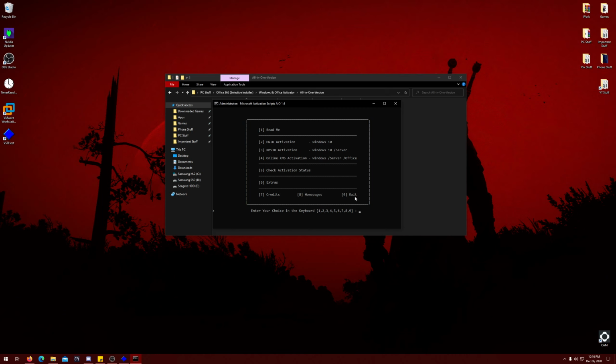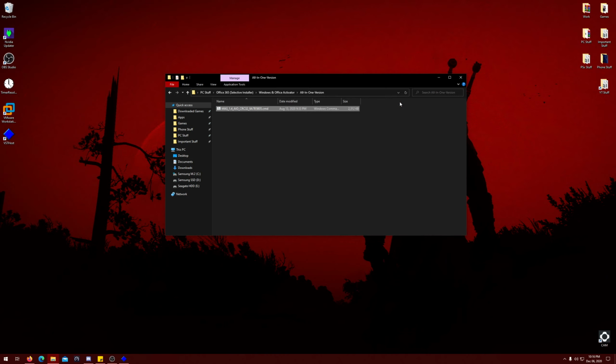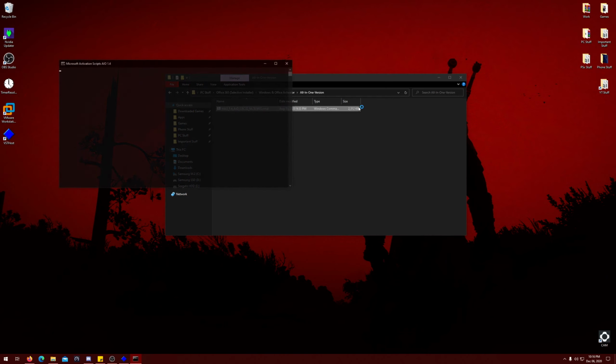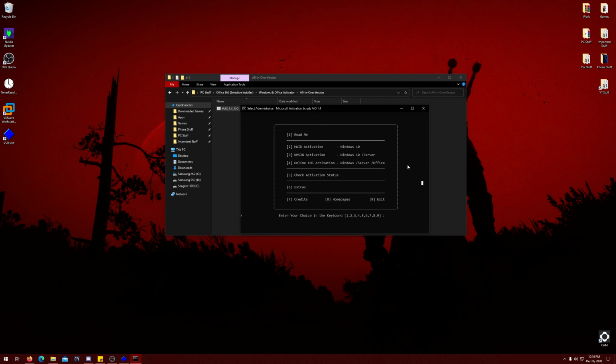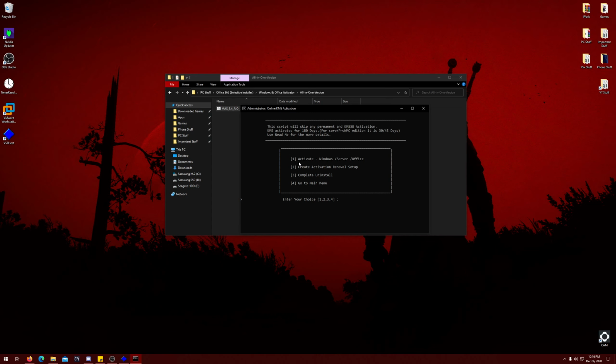I don't want to do that because I don't want to activate mine unofficially. I have an official license for Office. But you would simply press 4 and it's going to go through everything and activate it. And all you have to do is reboot your computer. You might not even need to reboot. You know what? I'm just going to go ahead and show you guys anyways, just so we can cover everything in this video. So if we press 4 here,